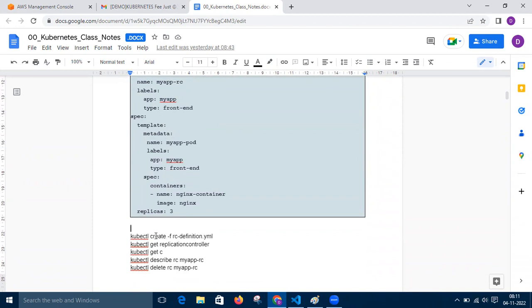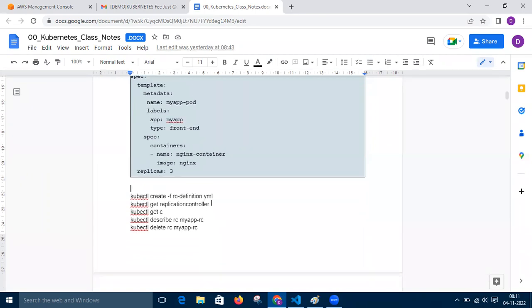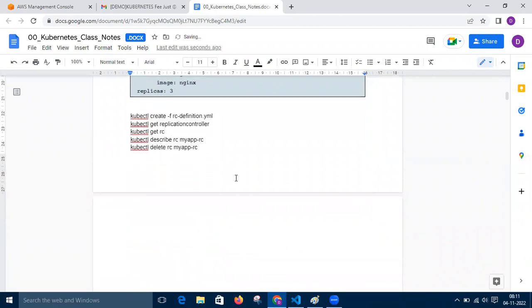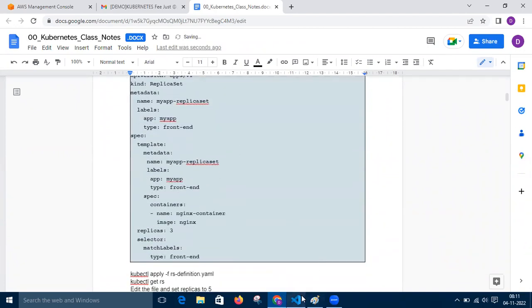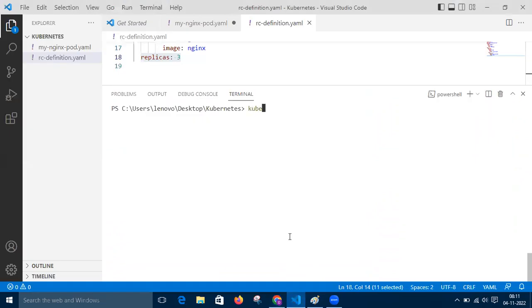Even if you don't create initially, we can use apply directly, and that will also create the object. So to get the replication controller, to describe it, to delete it, those are the commands. Okay, so kubectl get RC,